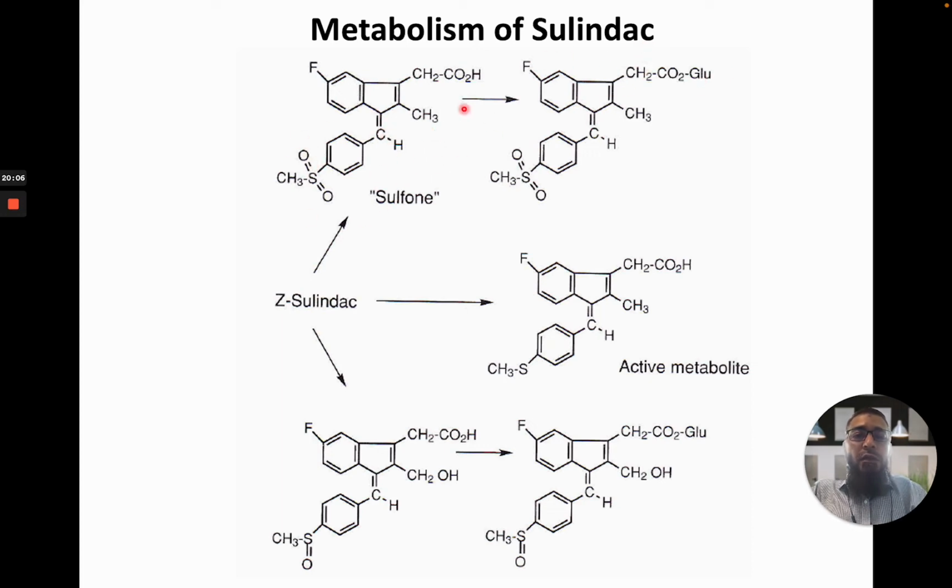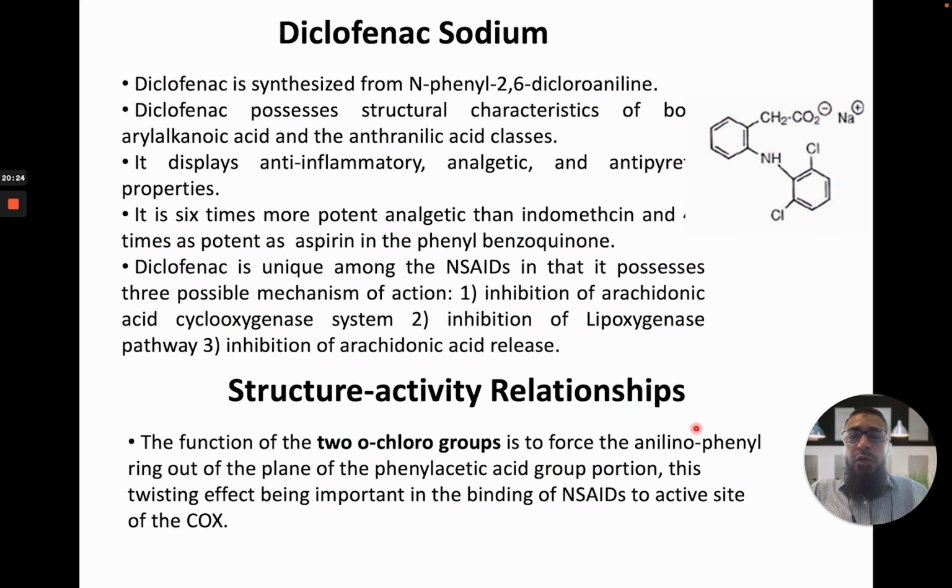And then further the fate of this sulfone into the glucuronide derivative. So these are some of the active metabolites of the Sulindac, which result from the fate of this Sulindac metabolism. So in case of the diclofenac sodium, you can see this